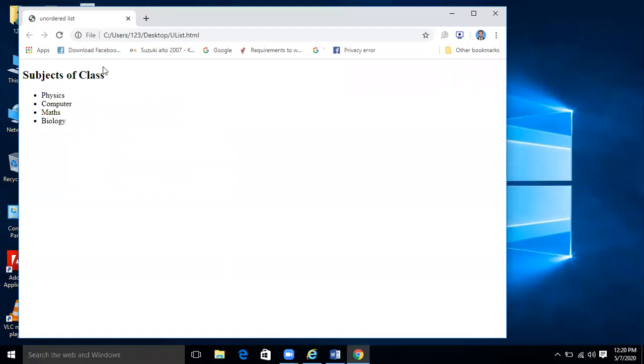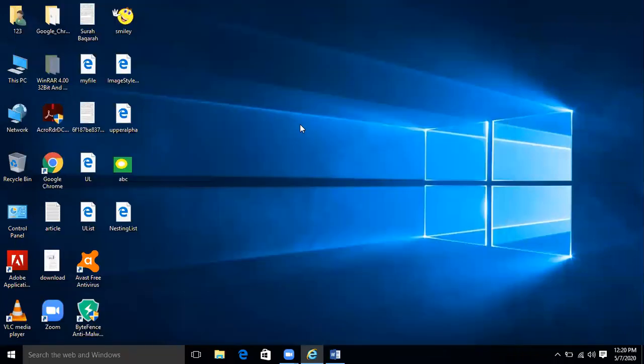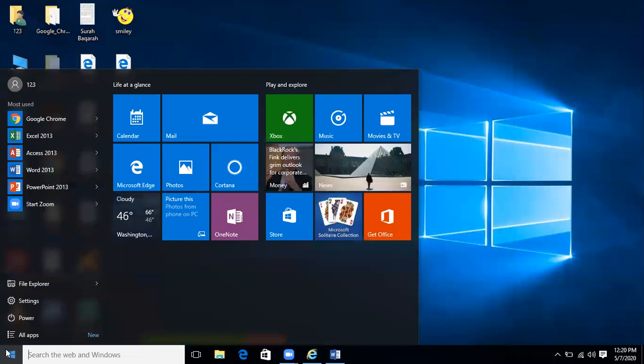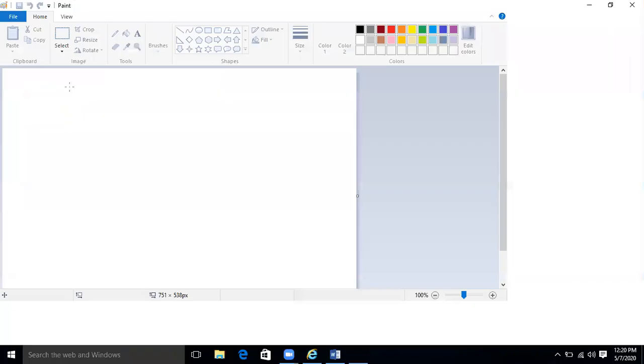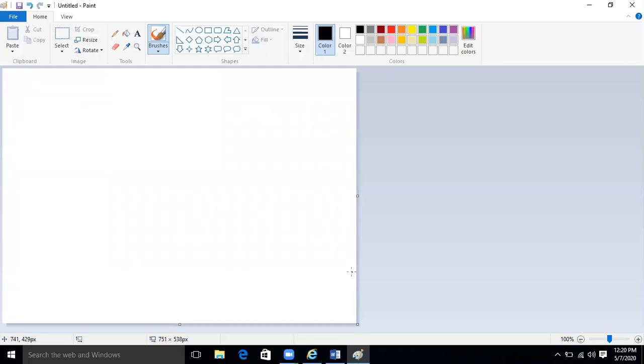Okay, what will I do? Please pay attention. First of all, I will make a small image, a very small image. I have opened Paint. I am going to resize the file in this way.